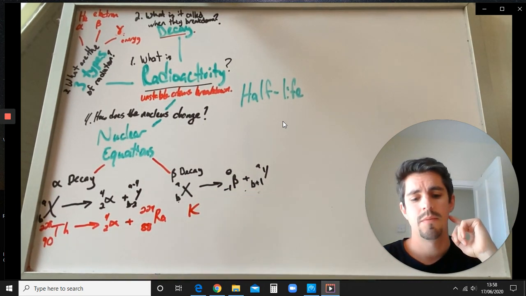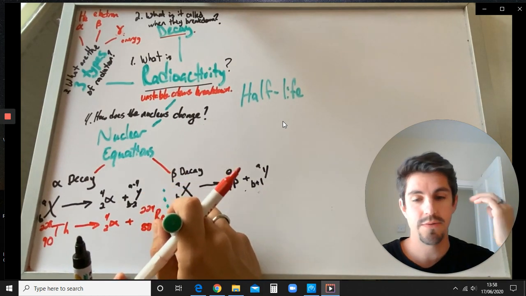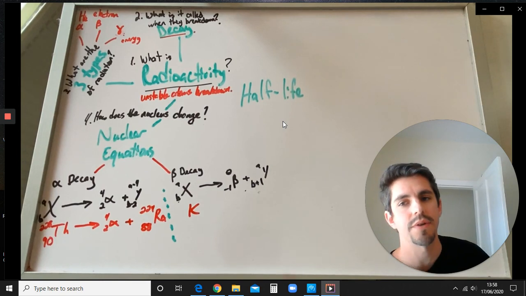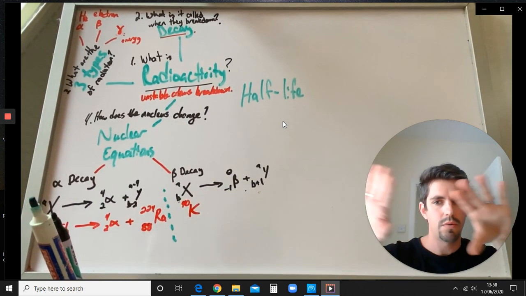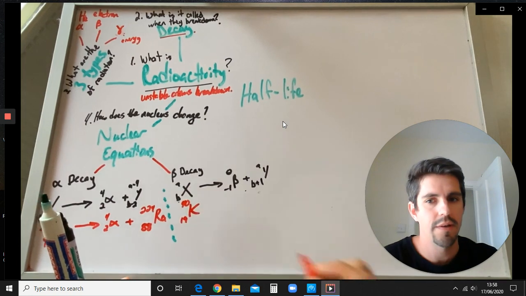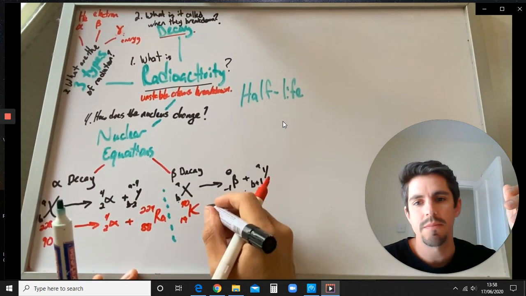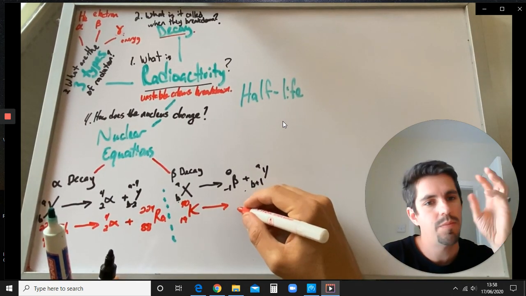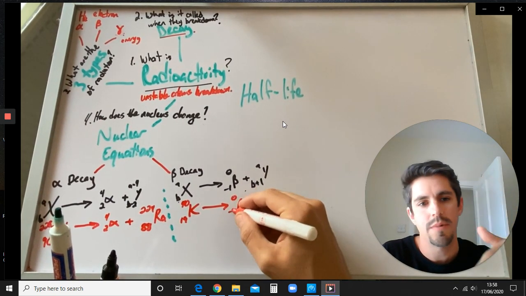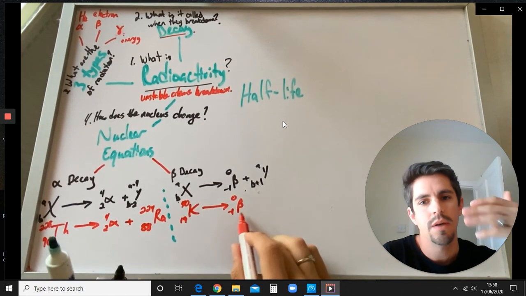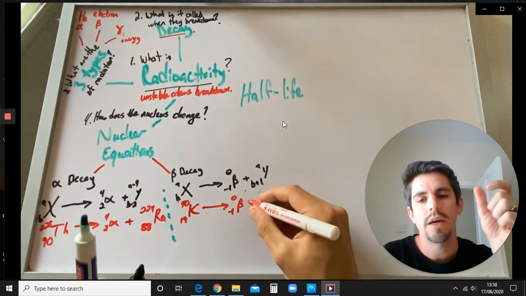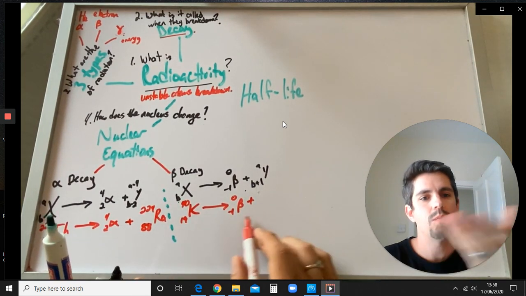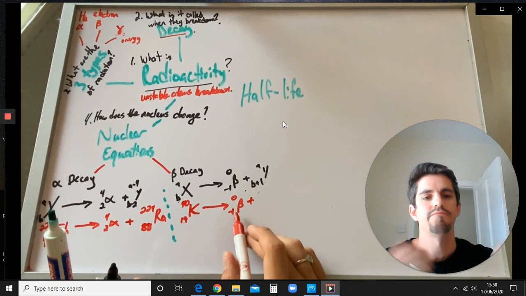Okay. Potassium's mass number is 40 here, the radioactive one. I'll just put a line in so you can see that that's different. So alpha decay, beta decay, these are totally separate things. Okay, so don't look at that one on the left anymore. Okay, so here's a potassium example. And in the question, they might say, oh, potassium goes through beta decay. So you put in the potassium, they'd give you the mass number, you know the proton number from the periodic table, you write in your beta second. Now that -1 is going to need to balance so that it adds up to the same thing as 19. What could you add to -1 to give you 19?